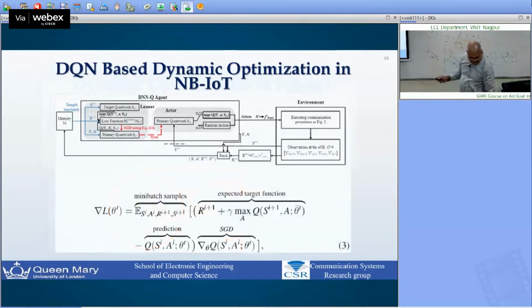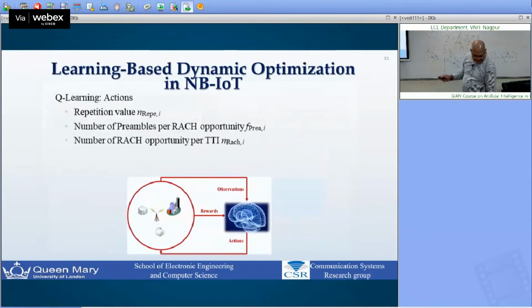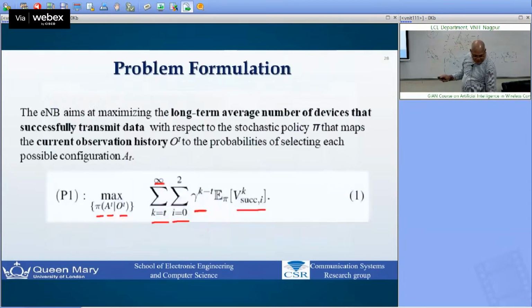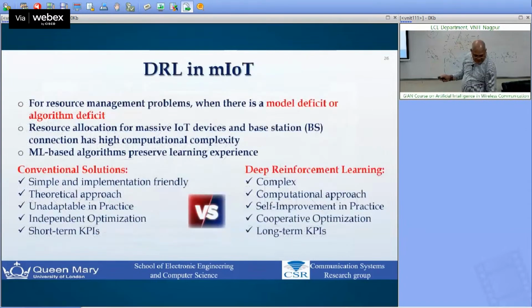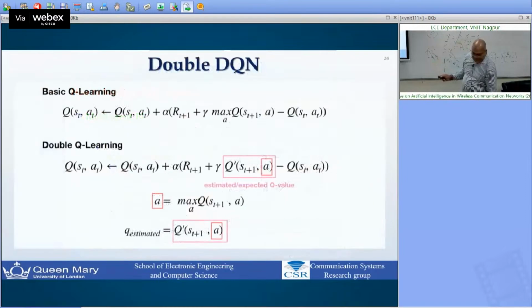Okay, so here we have 2 DQ networks to calculate this. One is to calculate this one, the other one calculates this one. So we have one to calculate the expected Q value, and the other one to calculate this Q